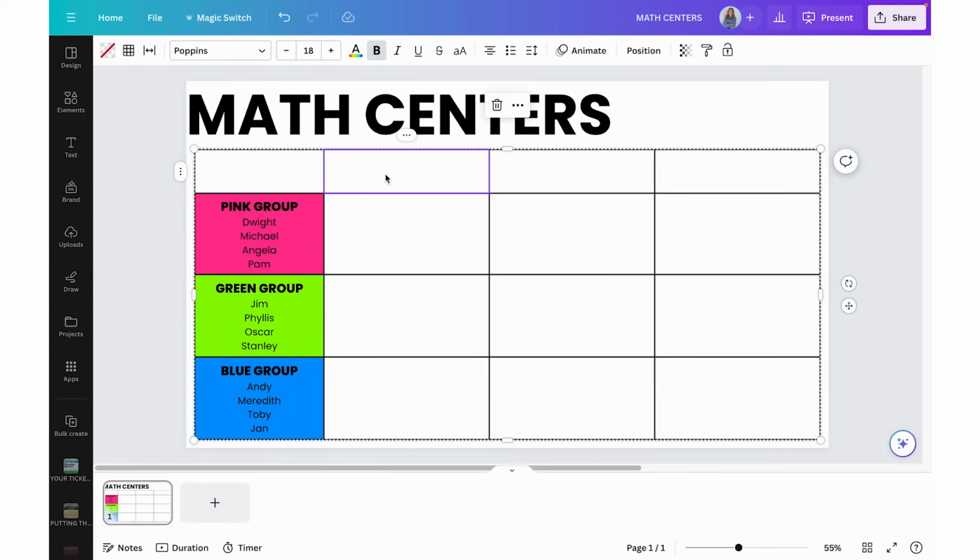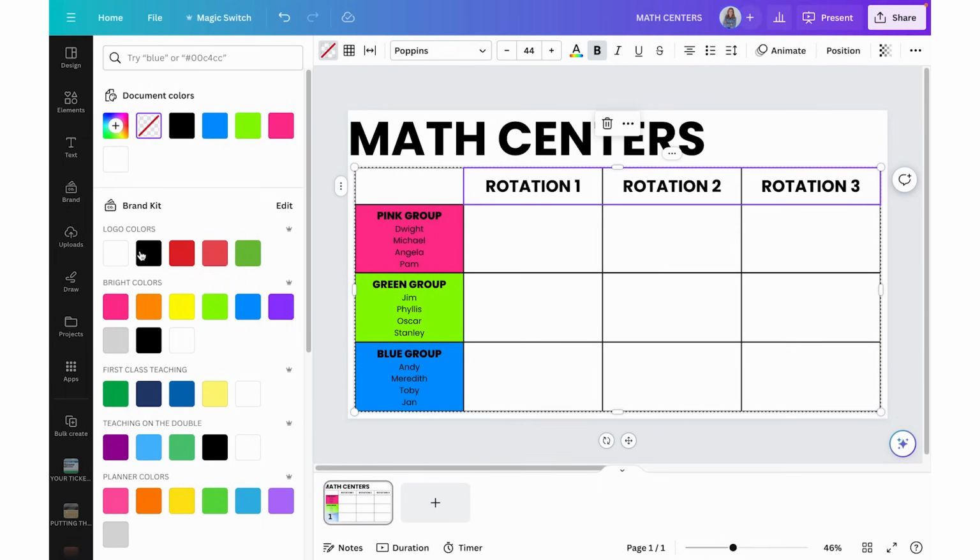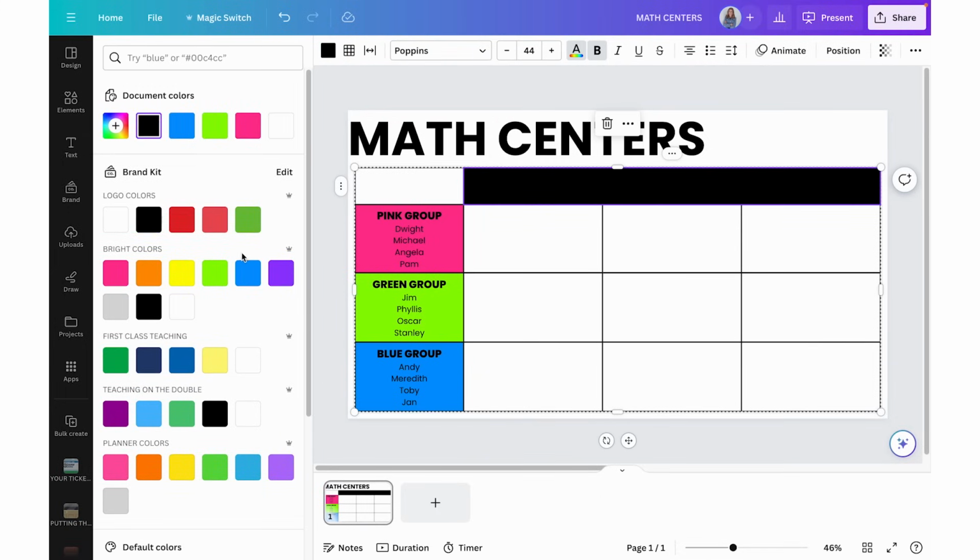So up at the top, this is gonna be rotation 1, rotation 2, and rotation 3. I'm gonna select all of those. We'll make it much bigger. And I think I want these to be like a black fill with white text. Okay. Now, in each of the rotations is where I would give them the description of what center they need